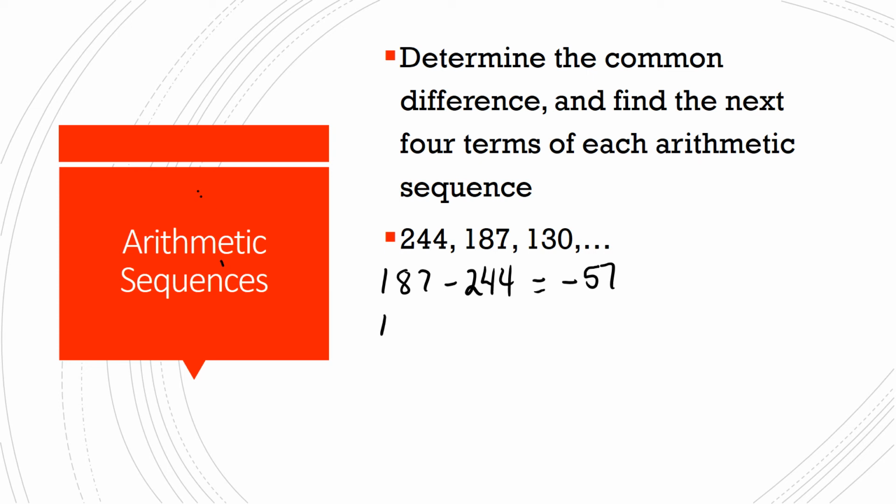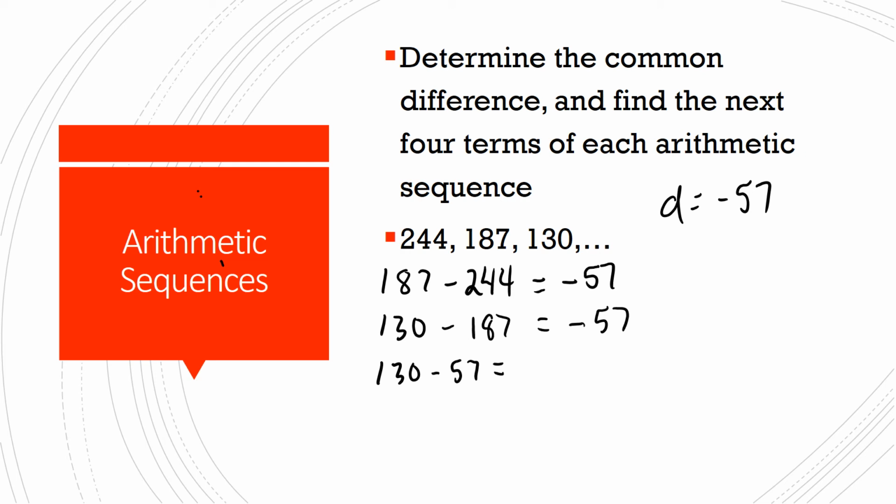Now I'm going to take the third term of the sequence, since I've been given three terms here, and subtract from it 187. This one's much easier to see, that my common difference again is negative 57. So my common difference is negative 57. Then I'm going to start with the third term and apply the common difference to find the next four terms. So 130 minus 57